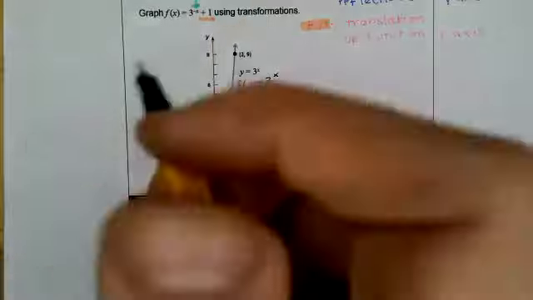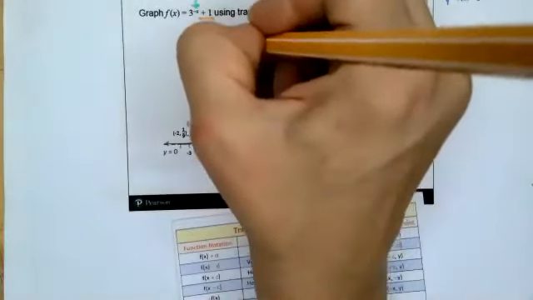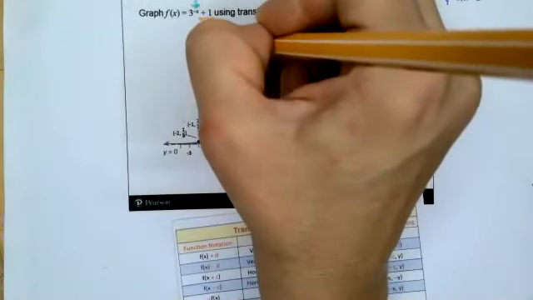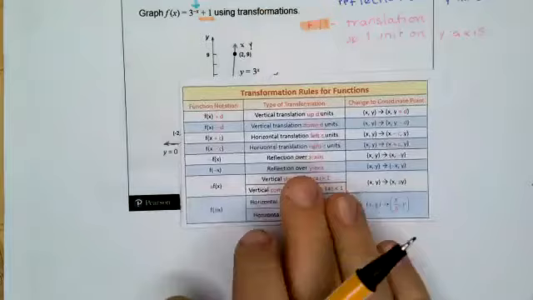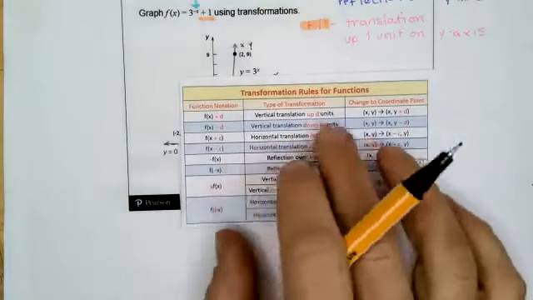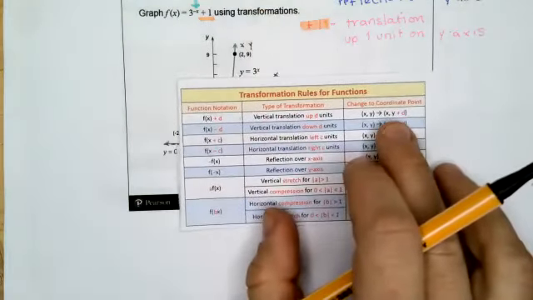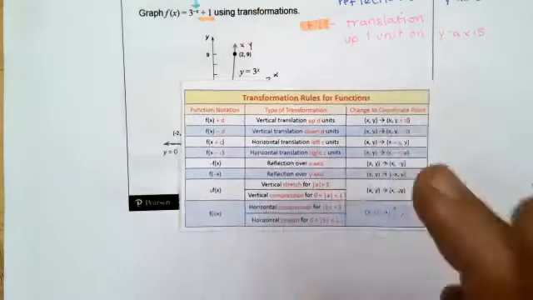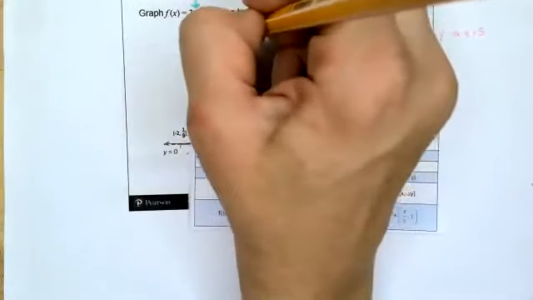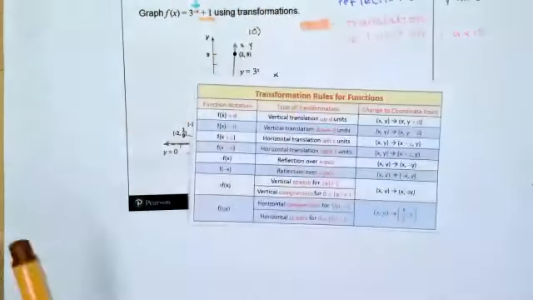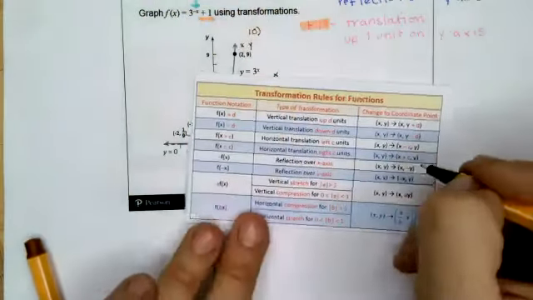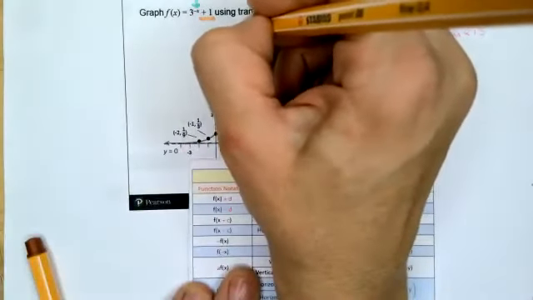So if I have the point 2, 9, 2 is my x, 9 is my y, right? Then I'm adding 1 to 9, it's becoming 10. And I'm making my x negative. So that's a 10, and that's now a -2,